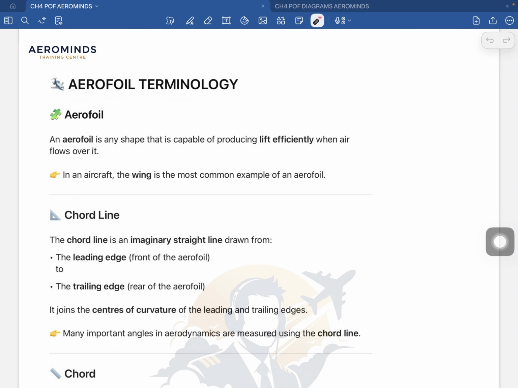Got it? Now, an aerofoil is any shape which can produce lift efficiently when air flows over it. Okay. I want you to focus on the word efficiently. Many objects can produce some lift if air is hitting them. All right. But an aerofoil